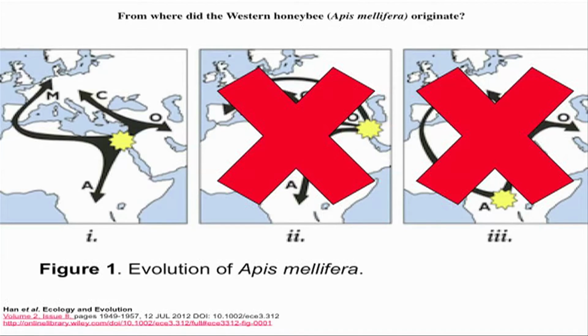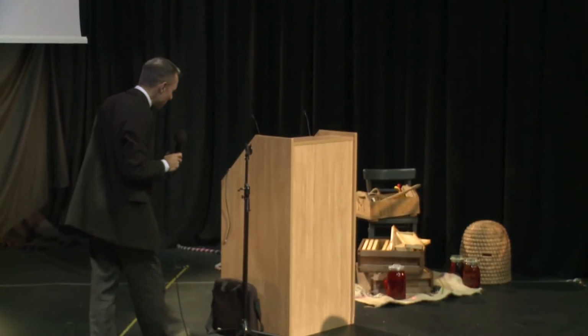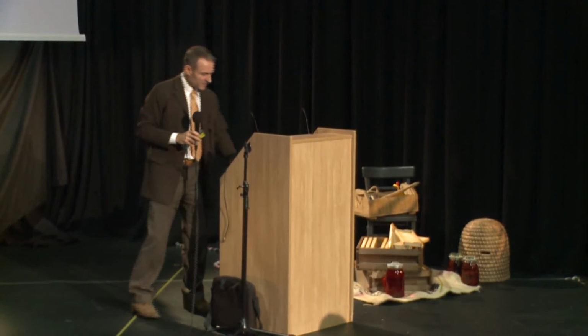And indeed, that's where there is the greatest genetic diversity of lineages of the so-called C and O, the continental and oriental honeybees. And from there, the honeybee, Apis mellifera, has spread into Africa and done exceedingly well there, and spread probably through Africa into Spain and France and into Britain as well. And clearly the most recent spread would have been post-glacial, which is about the last 10,000 years. So a little bit of a change of where we think honeybees have come from.